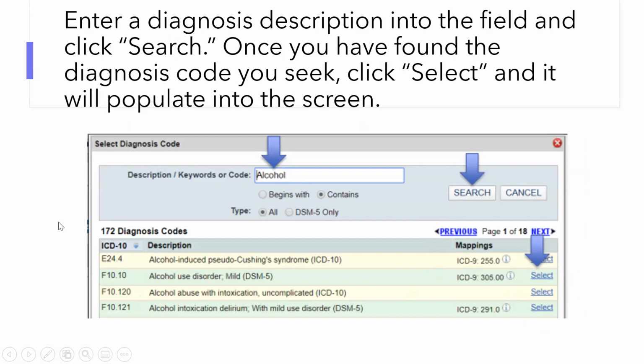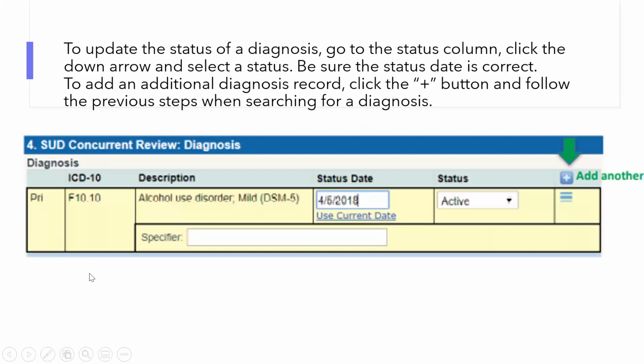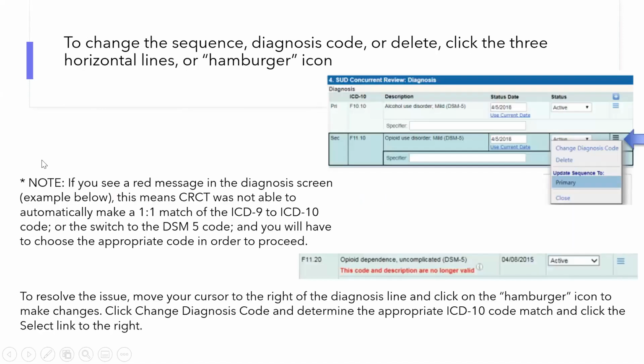the screen. To update the status of a diagnosis, you go to the Status column, click the down arrow, and select a status. Be sure the status date is correct. And to add an additional diagnosis record, click the plus button right here and follow the previous steps when searching for a diagnosis. To change the sequence, diagnosis code, or to delete, click the 3 horizontal lines or hamburger icon, as some people